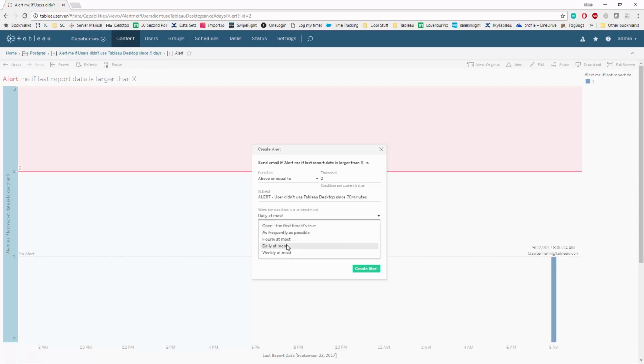Then I can set up the frequency. You probably want to do that daily or weekly, but for me, I want to see it now. So let's say as frequently as possible, and I just need to make sure that after the video I'm going to get rid of it, and just the administrator, which is myself, is going to be the recipient. So let's create that alert,